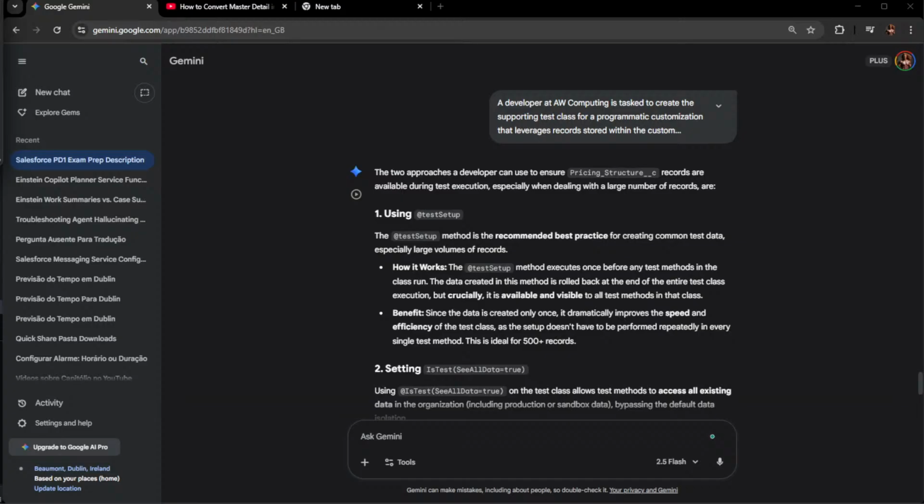When writing an Apex test class, data from the org is not available by default. So the developer must ensure the test has its own data or explicitly allows access to existing org data. And what about